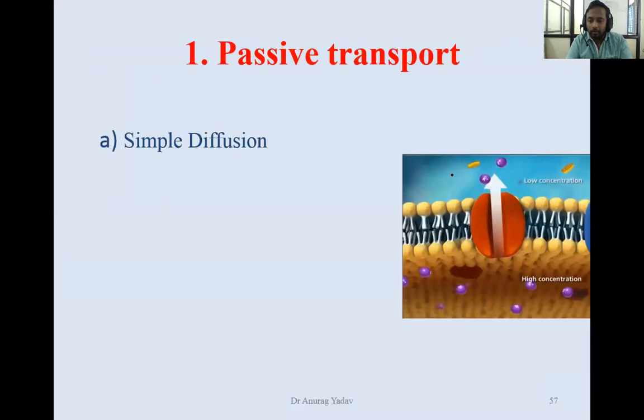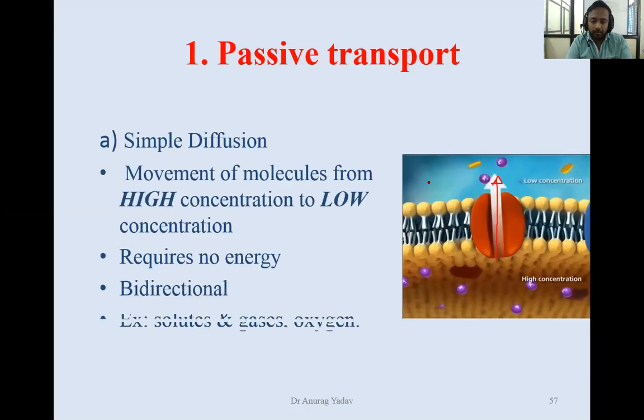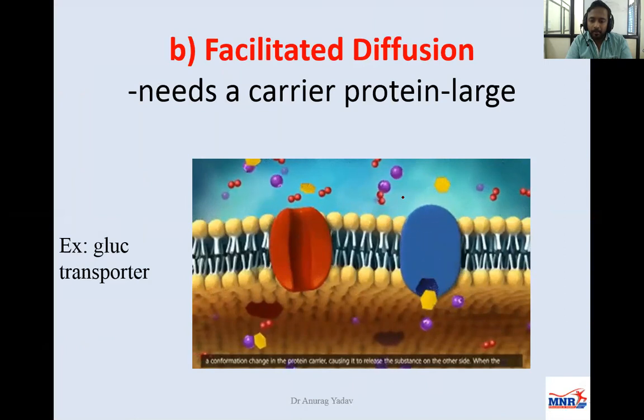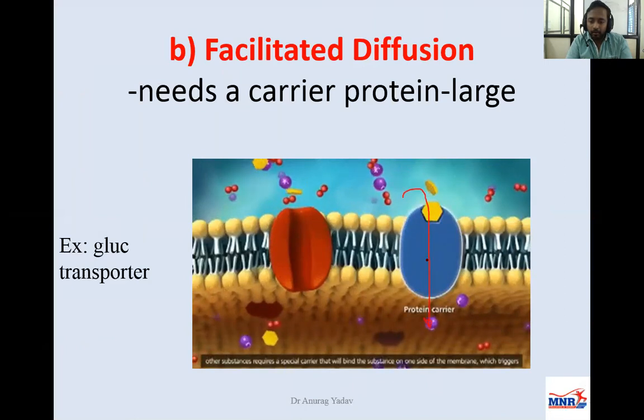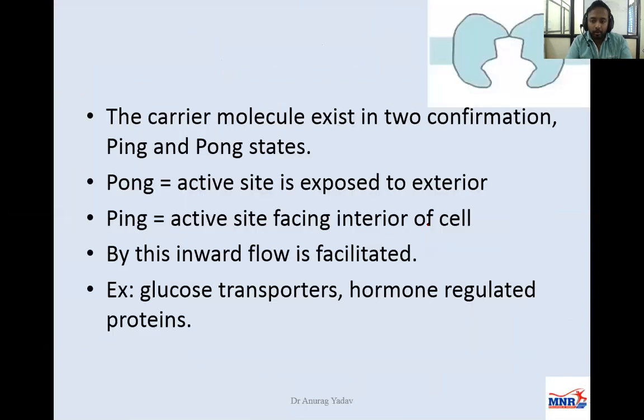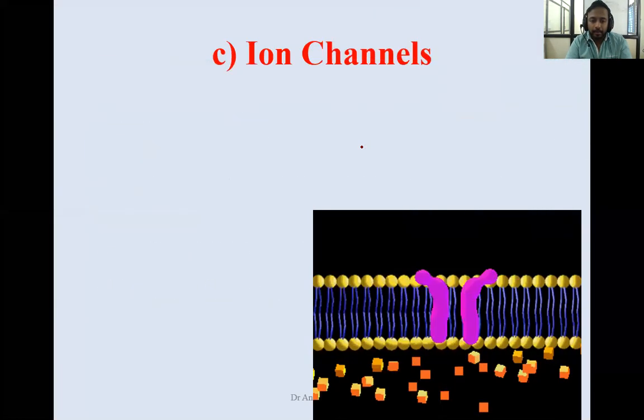Passive transport, or the components' movement, is across the gradient without utilizing energy. Facilitated diffusion, again here also it is from the higher concentration to the lower concentration, but the protein will undergo some changes in its own structure to transport that molecule. That is one of the mechanisms, called the ping pong conformation of the protein, where the membrane protein, also called the facilitator protein, helps to facilitate the movement of the molecule in and out of the cell.